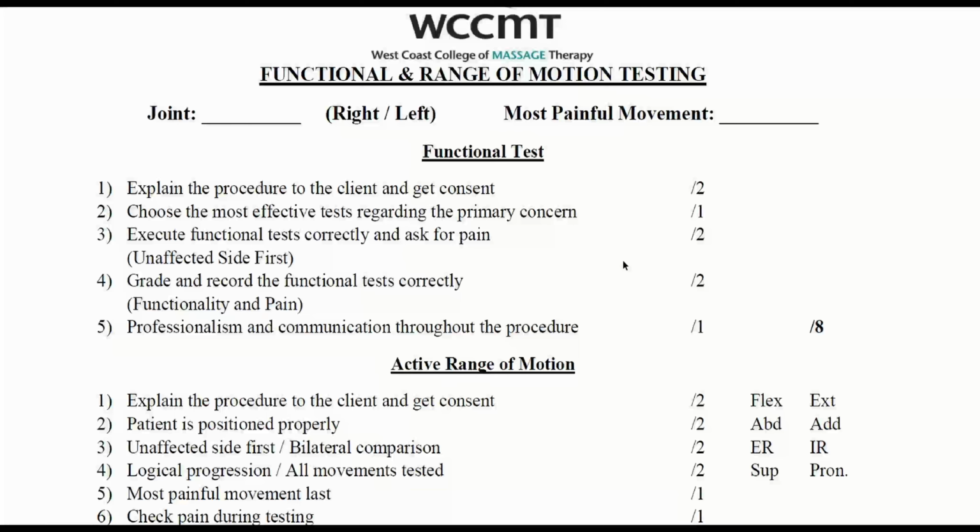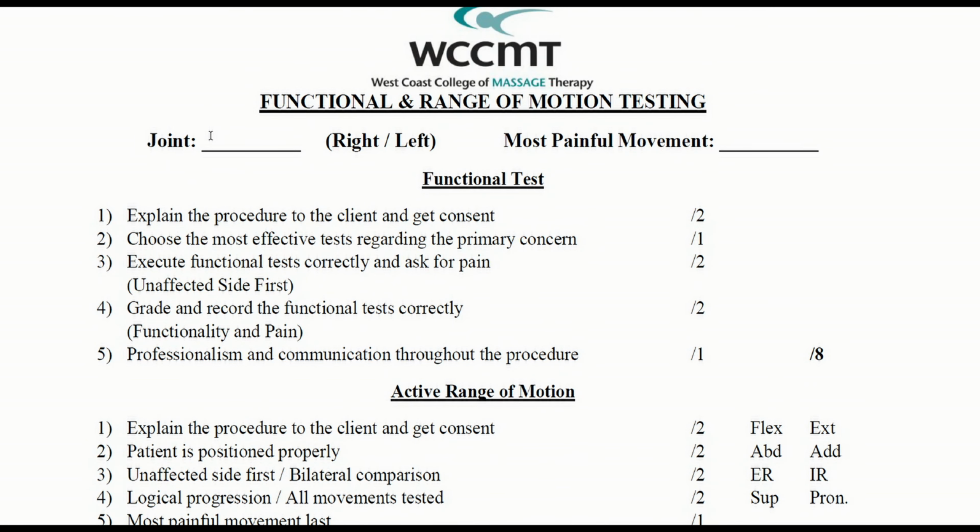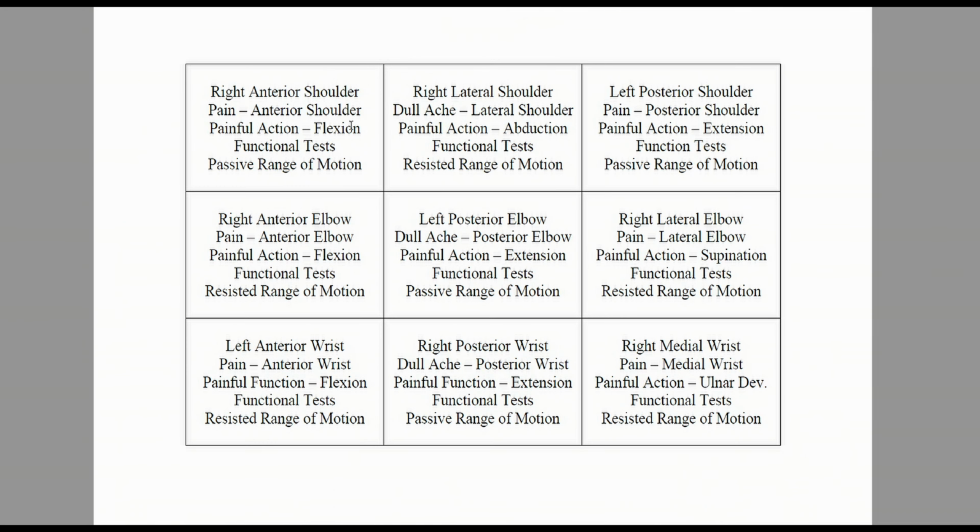So let's go through the functional test, what we are looking for. Now I will write down which joint you're going to be doing your tests, and the most painful one right here. So when you choose your case, this is what we are looking for: painful action, flexion, functional tests, 2 of them, and then passive range of motion for this one. For lateral elbow, for example, most painful action is supination, and there's functional tests, and there's